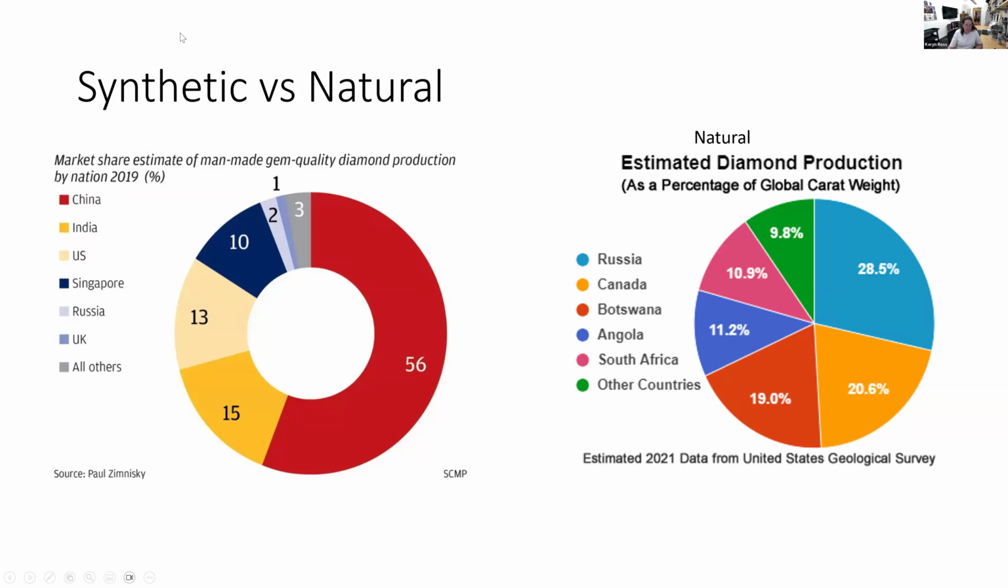I just haven't been able to find any that is up to date more than 2019 and 2021. But this gives you kind of an idea. So this is the market share of man-made gem quality diamond production. Of all the gem quality synthetic diamonds that are being made, who's making them? It's China and India and Russia, Singapore, and the United States. Okay, so this was in 2019, but